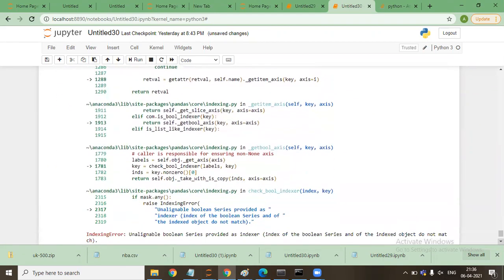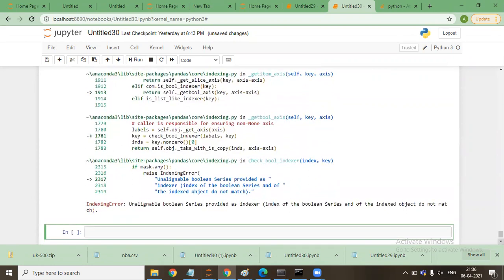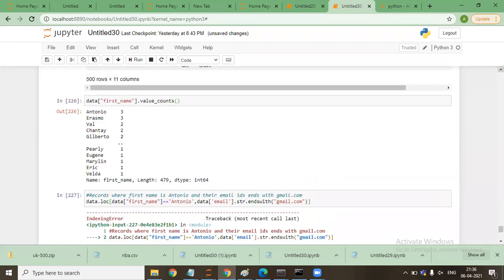It says that an unalignable Boolean series was provided as indexer; the index of the Boolean series and of the indexed object do not match. So it's saying a Boolean series was provided as an indexer.